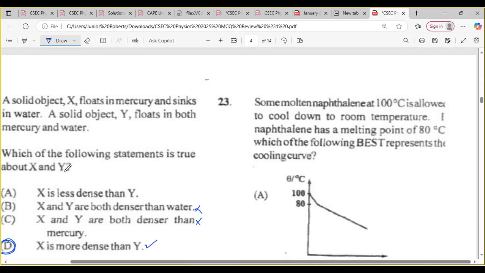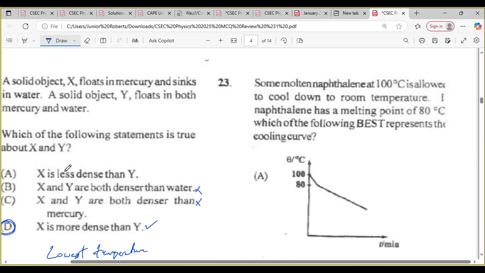Now 23 says that some molten naphthalene at 100 degrees Celsius is allowed to cool down to room temperature. If naphthalene has a melting point of 80 degrees Celsius, which of the following